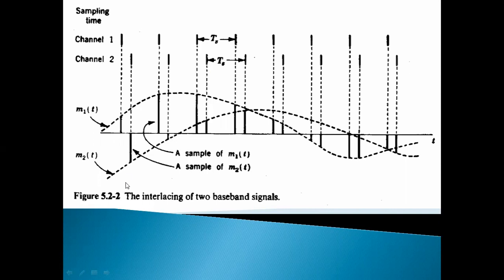You can observe that each signal has 1, 2, 3, 4, 5, 6 samples, like the first signal samples and second signal samples. The sampling time instants between successive samples, first sample to second sample to third sample, are separated by the time Ts. The time is the same. So when these samples are propagated through a channel individually,